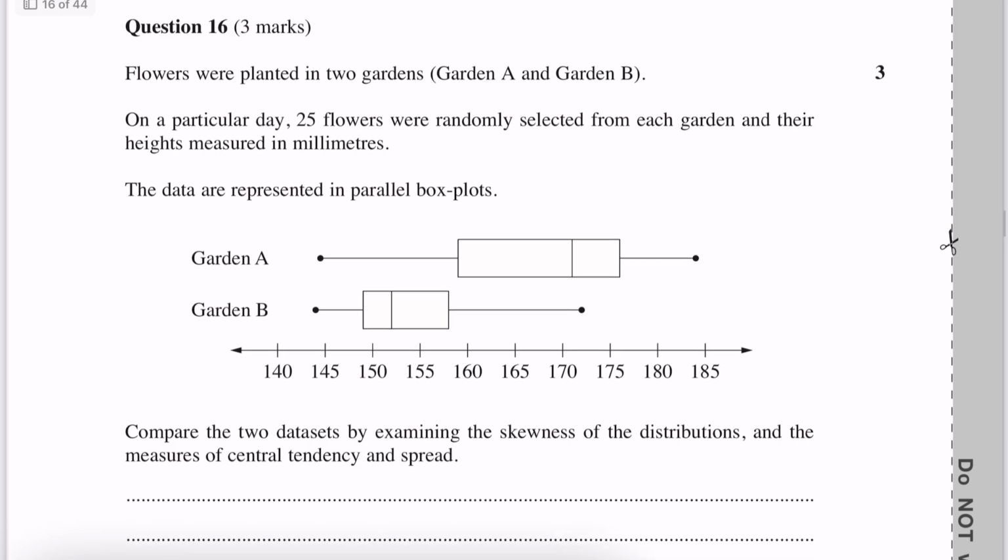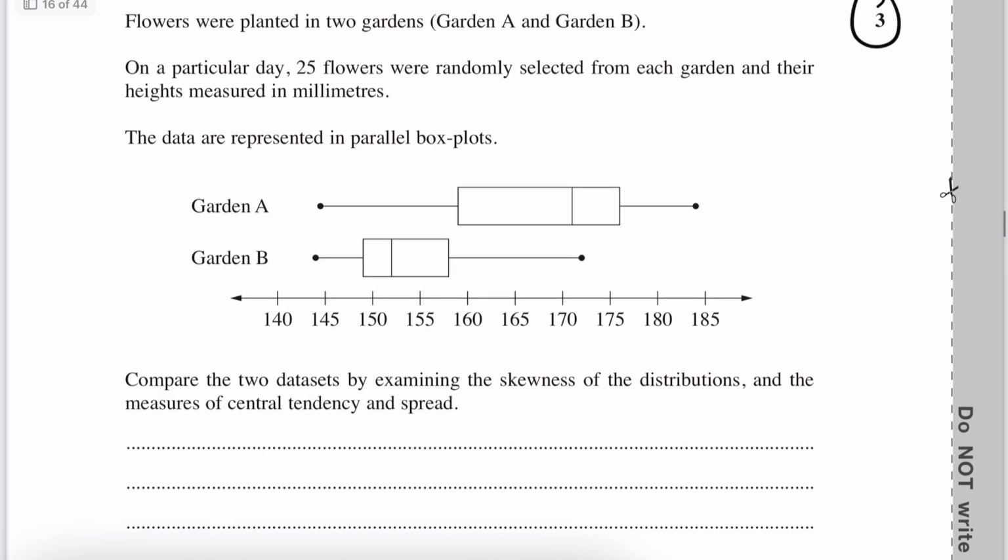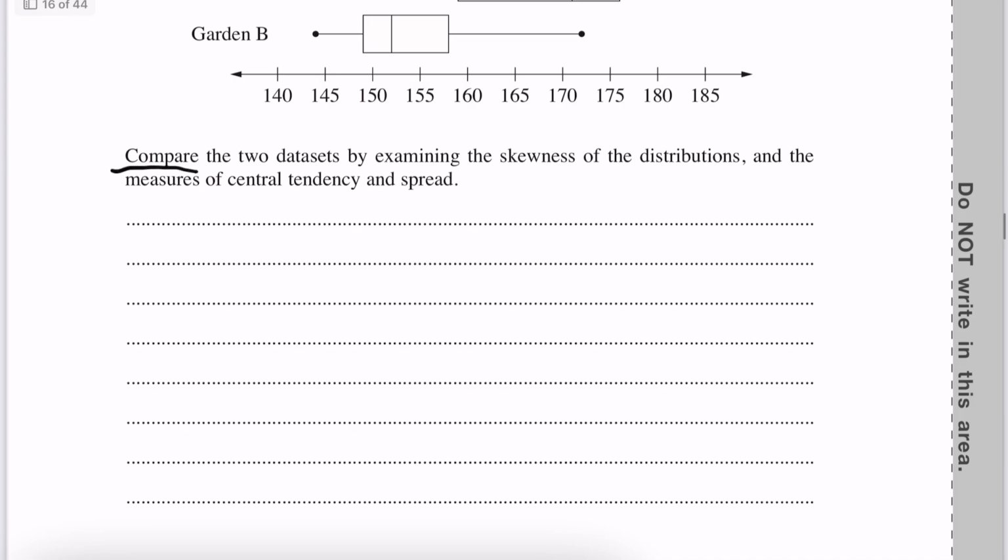What you need to understand here is that this question is worth 3 marks, and we are doing a comparison of these two data sets, and we need to examine the skewness, the measures of central tendency, and the spread. Okay? So the fact that it's 3 marks and they want us to examine 3 different things means that we need to give 3 different answers related to each of the things that they want us to examine. So we need to give 1 examination on skewness, 1 on central tendency, and 1 on spread. Okay? So with skewness,